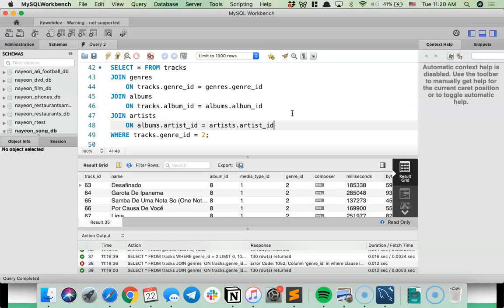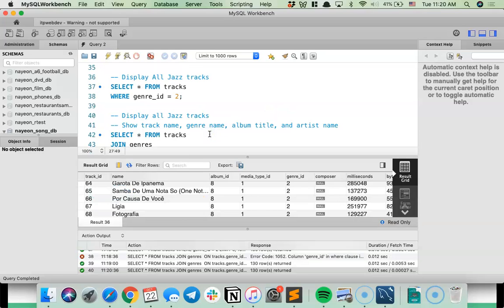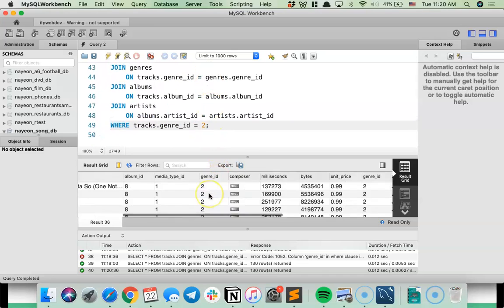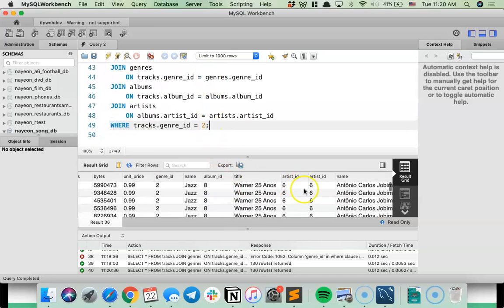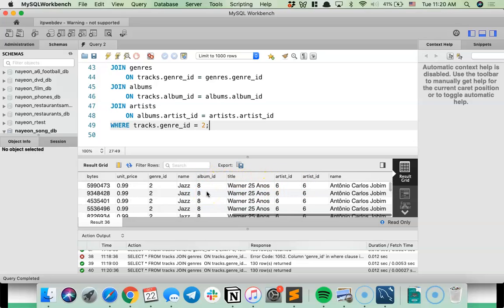As you can see, SQL statements can be short or they can be super long, like this one. Okay, let's go ahead and run this. Holy cow, now we have a lot of information. Artist ID, name, album ID, and so on and so forth.